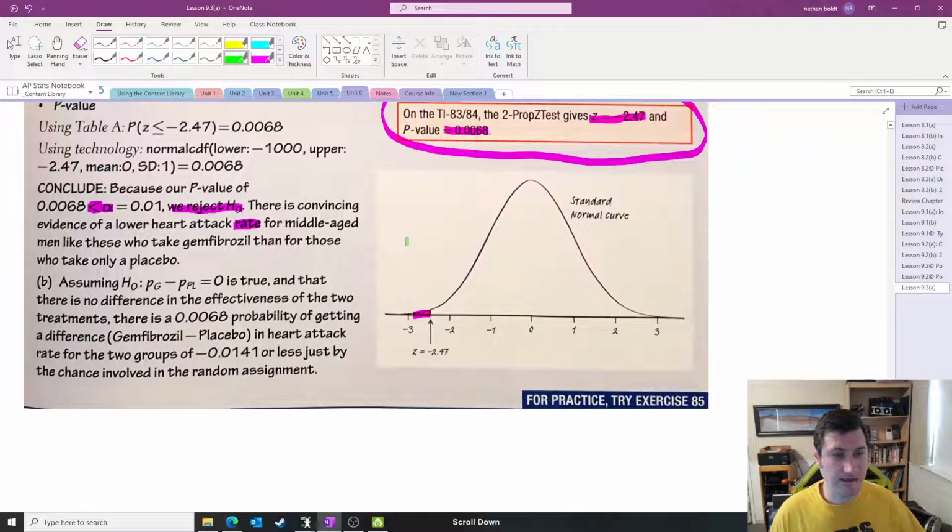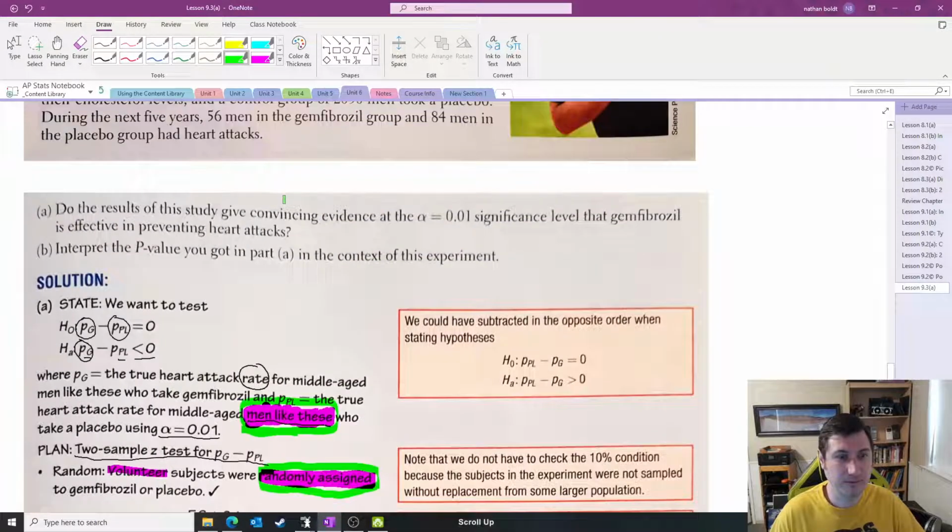And might as well take a look at, one more time, this sentence for what the p-value actually means. The p-value is assuming the null hypothesis is true. Okay, then they give us context that there is no difference in the effectiveness of the two treatments. Assuming the null is true, there is a 0.68 probability of getting a difference in heart attack rate for the two groups of this or less. All right, so they actually had to calculate that number. We didn't do it. We let the calculator do all that stuff for us, but they actually did P1 minus P2 and got 0.0141. So P1 would be